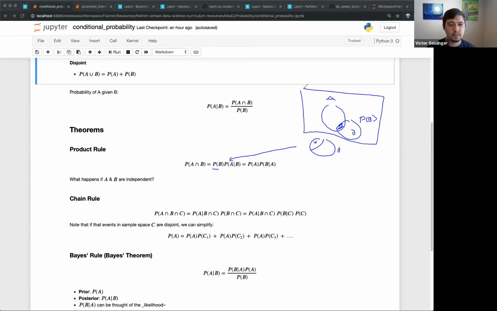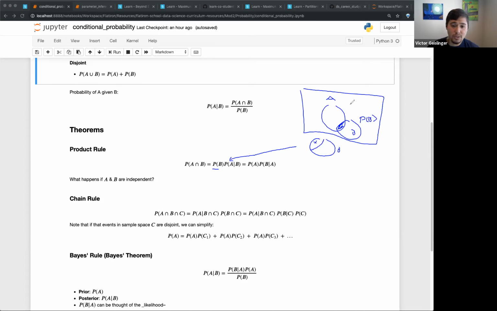Does that make sense? We first start off with the probability of B. We first say, how often does B actually happen? That's our P of B. And then probability of A given B, we're saying, given that we have just this sample space of B, just look at B, how often does A happen, that intersection part? And this gives us the intersection, which makes sense. We're just looking for this part right here in the whole sample space. You need to find out how often B happens, and then how often A happens when it's inside of B. And you'll notice that it goes the same way since we can go in reverse.